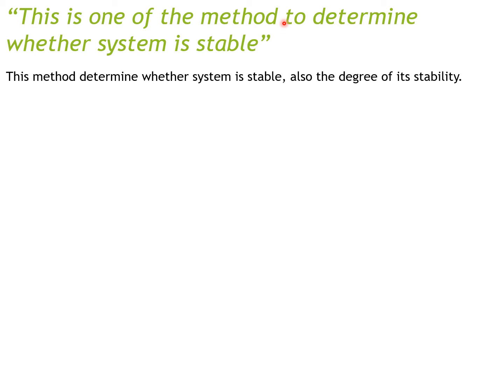He's a Swedish American. Him and his colleagues at AT&T were trying to determine an easy way to figure out if their telephone system is stable or not. So he invented a method that helps you today to see whether your system is stable and the degree of